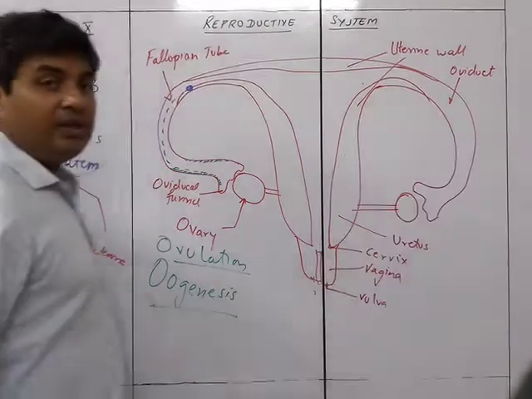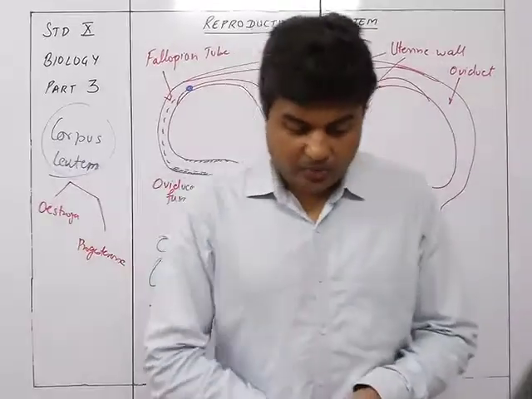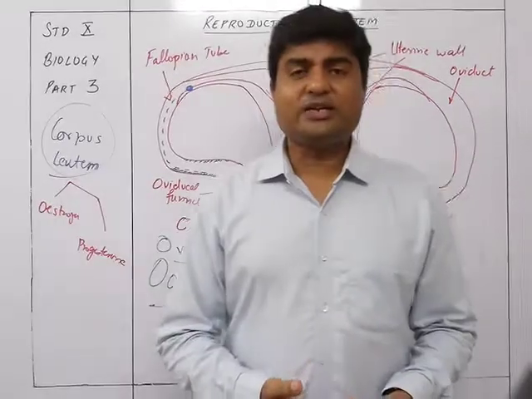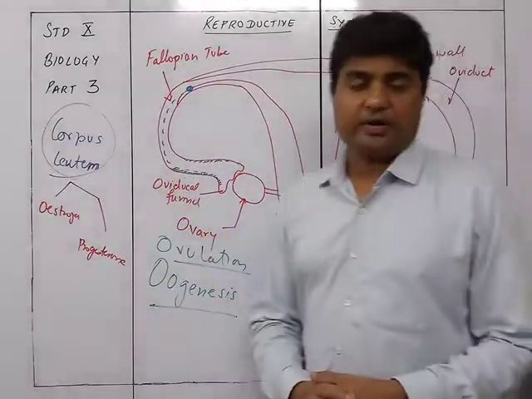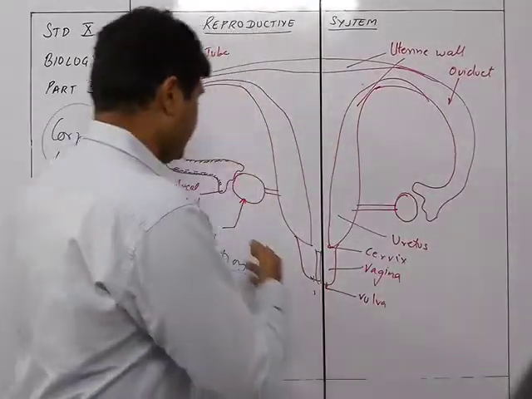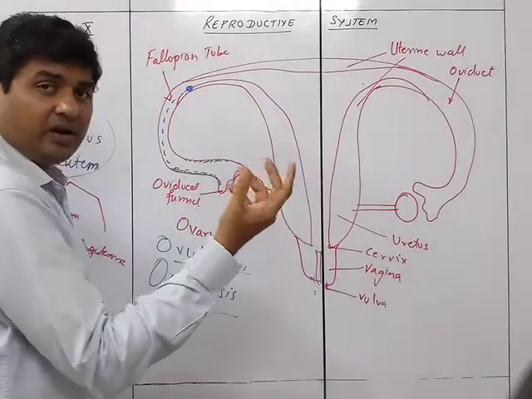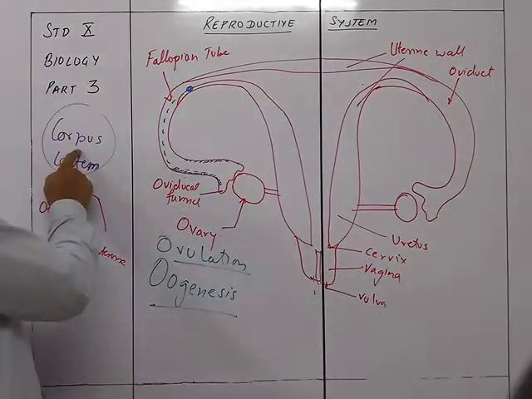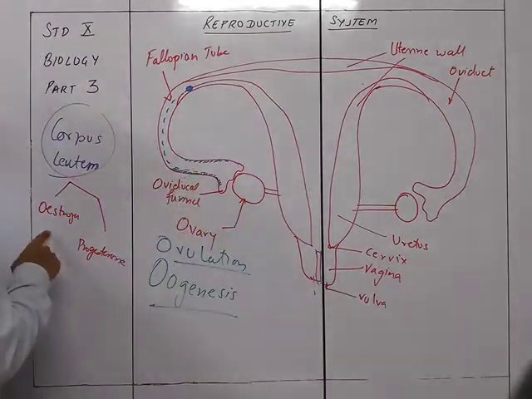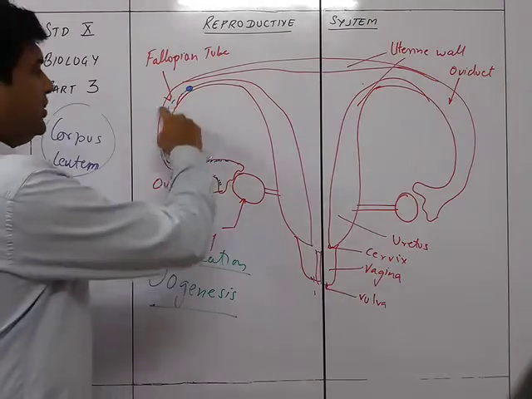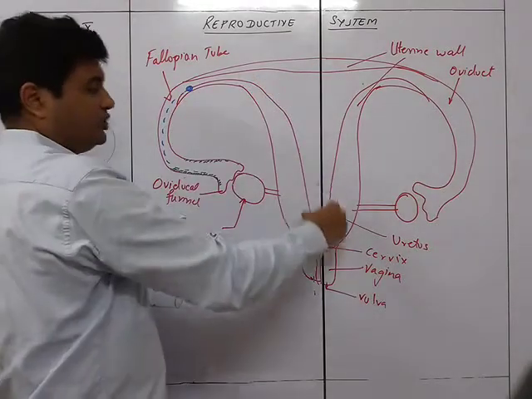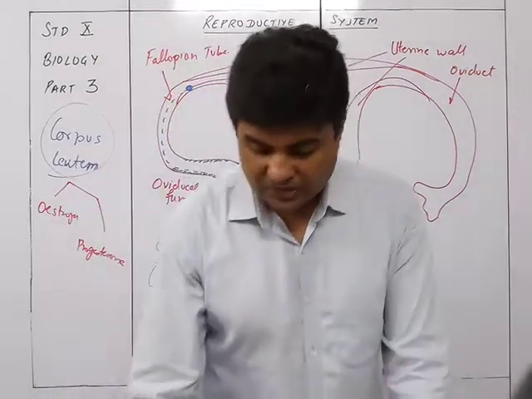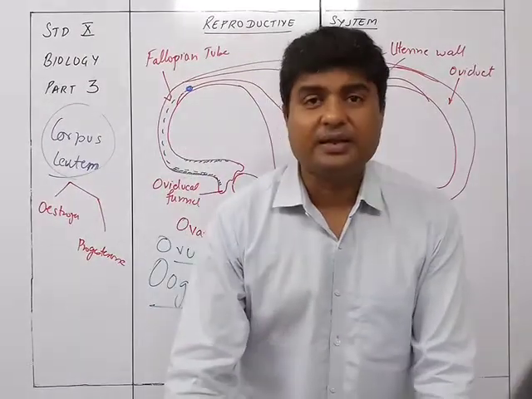So we continue with the reproductive system. Now we are into the menstrual cycle part of the chapter. So we just understood the different parts of the female reproductive system. That is about the ovary, then releasing the egg, the Graafian follicle to the ova. The Graafian follicle forms into the corpus luteum, which gives you two hormones, estrogen and progesterone, and then into the oviduct and then the uterus, the cervix, the vagina and the vulva. So these are the different parts of the female reproductive system which we studied in the last video.